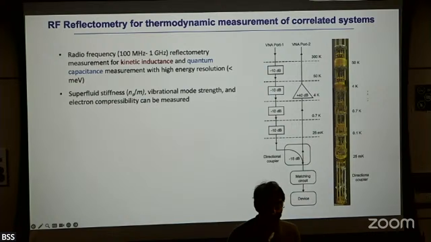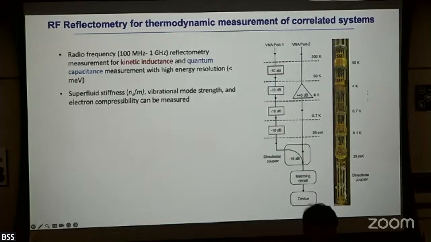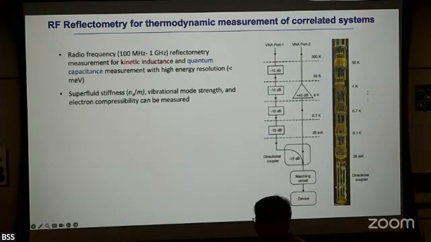Why 50 ohm? First of all, the experimental instrumentation you need to buy for microwave is always 50 ohm matched, and that's a standard. There's a reason for that: the vacuum impedance is about 300 ohm, and microwave circuitry was developed with radio-type technologies, so 50 ohm is a natural value you can match to. The problem is that most resistances at the impedance level of our samples are something like kilo ohms, tens of kilo ohms.